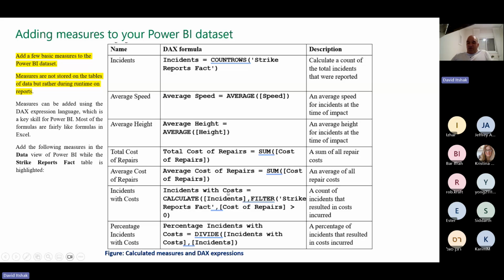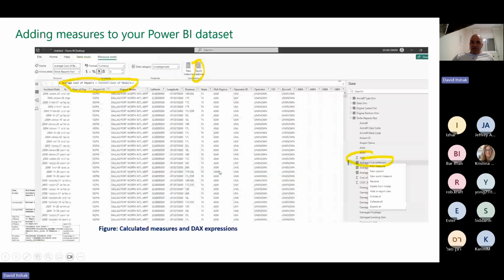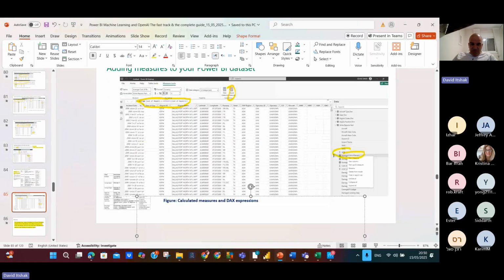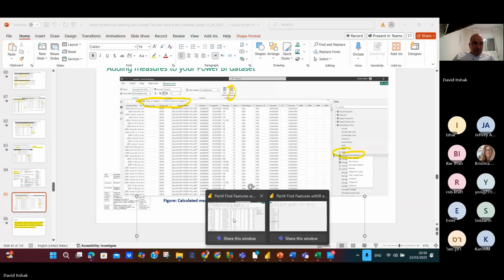Incident risk cost. So look here, calculate incident, filter, strike report, cost of repair greater than 0. Percentage risk cost. So divide incident risk cost by incident. So how do you do it? It's very, very easy. You go here to quick measure and you create the measure here. So if I show you here,